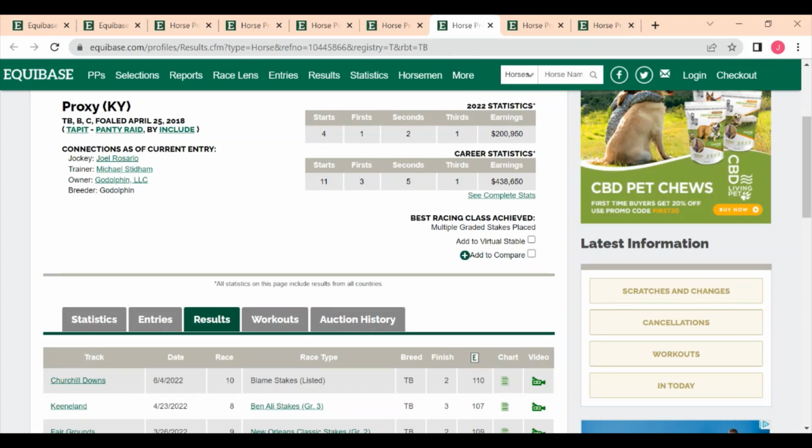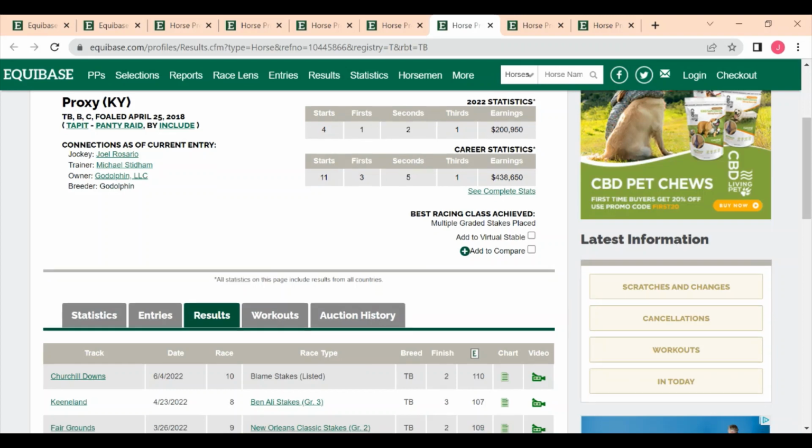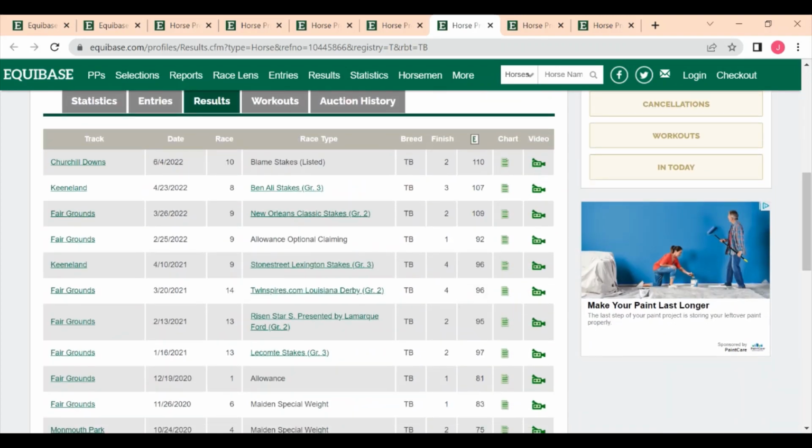Now we're going to move on to one of my favorite horses and a horse that I have burned one too many tickets on, and that is Proxy. If you're a longtime listener of Racing Rundown, you know I've been backing this horse since the Kentucky Derby Trail last year. I've been really hoping that he can break through and get a graded stakes victory in his career. He has not got that to date, and I don't think he's going to get it here, just because